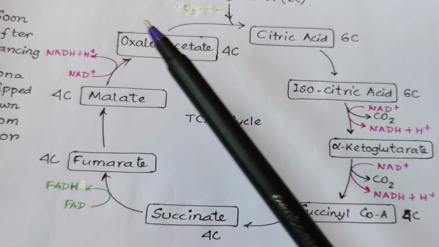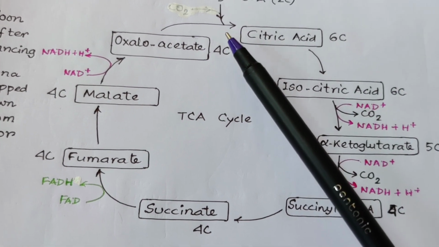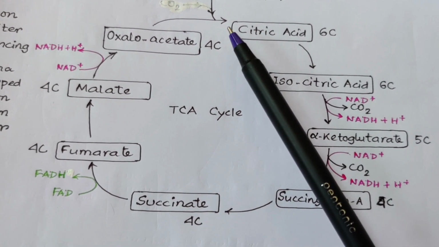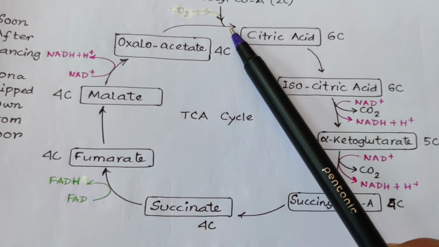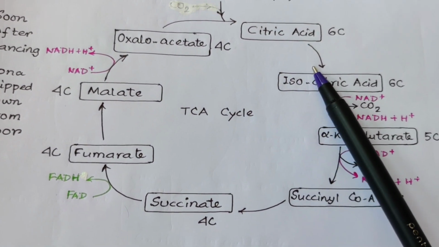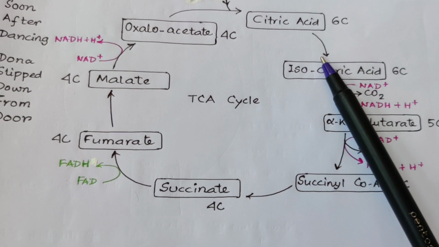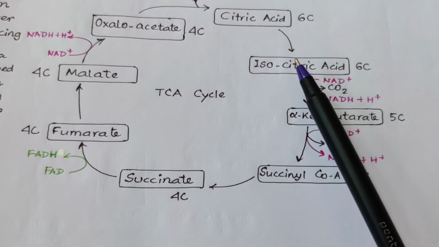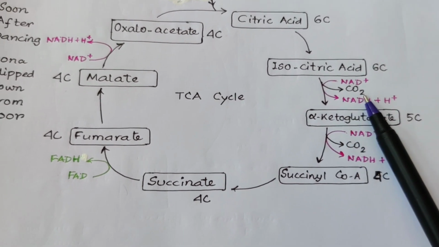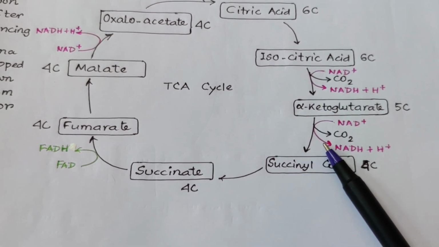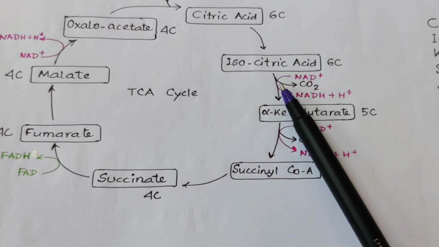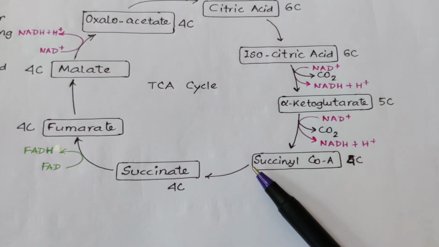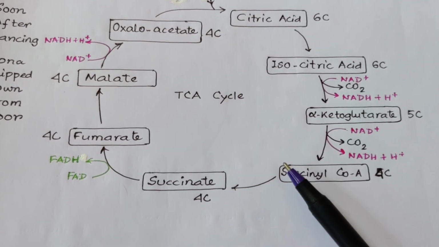Now we are coming back here. Coming to S. S means citric acid synthetase or citrate synthase. After that we come to aconitase. Then dancing. Dancing is a dehydrogenase enzyme. Here there is a dehydrogenase enzyme taking part. Here also there is a dehydrogenase, because you can see NAD gives NADH and H+. This is dehydrogenase. Then coming to slipped.